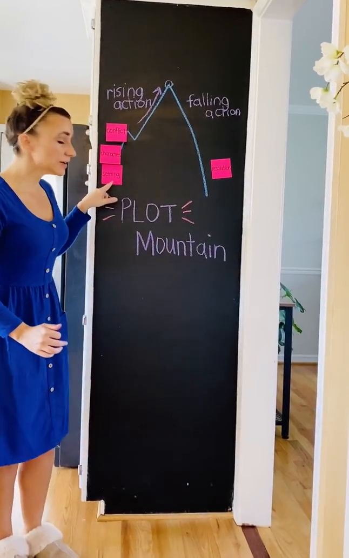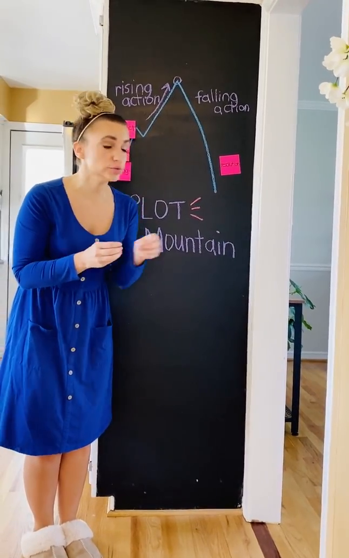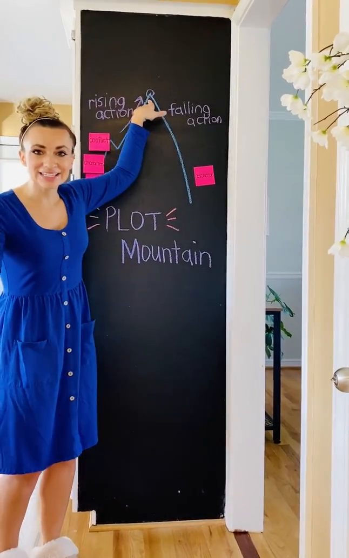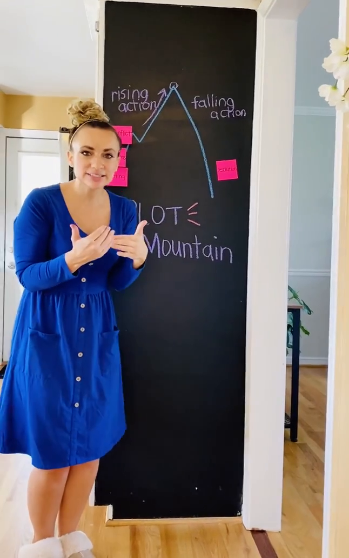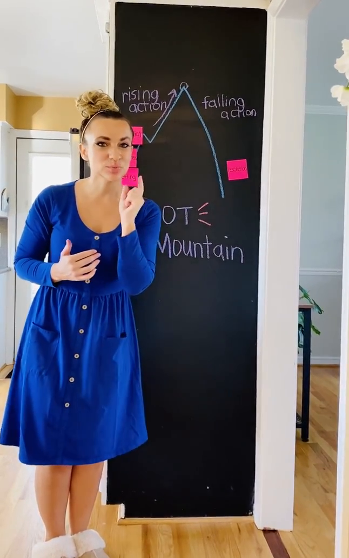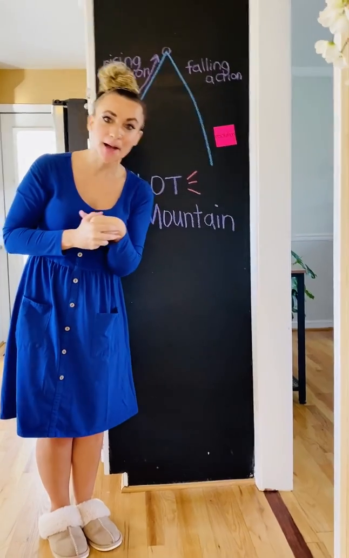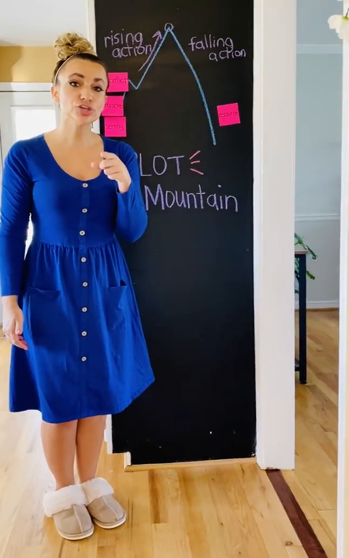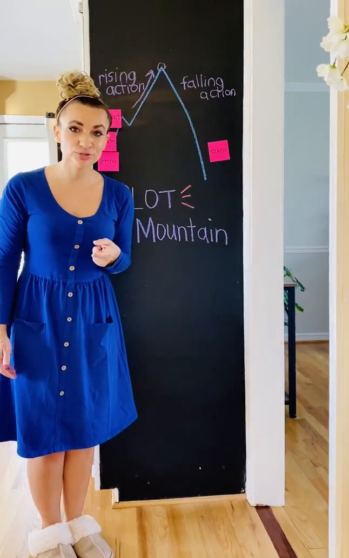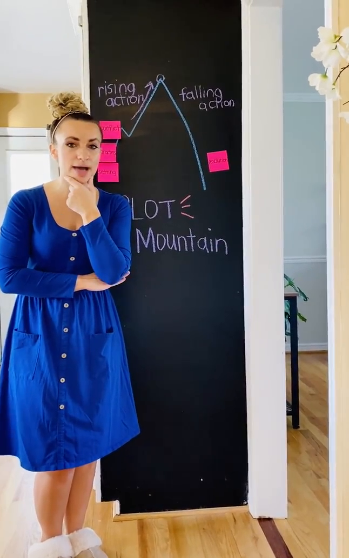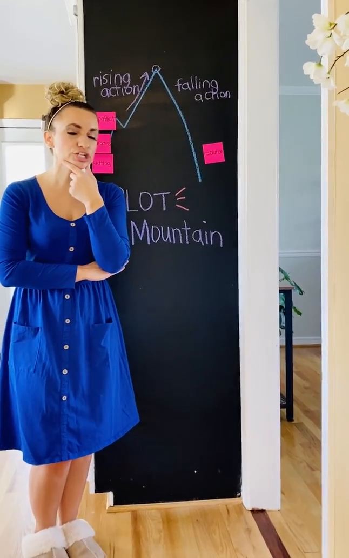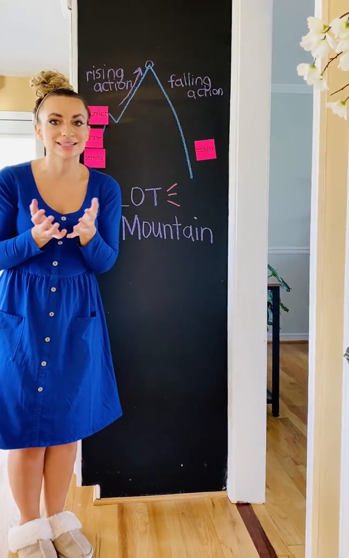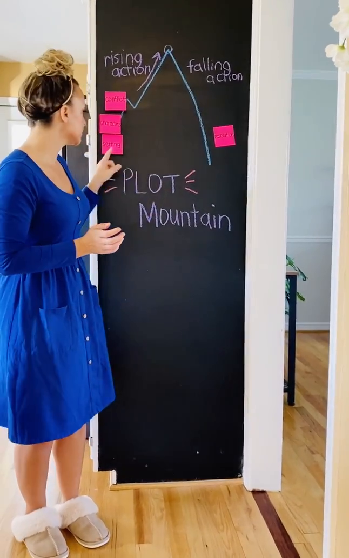So at the beginning of Plot Mountain, the first thing we do is not find out how the story ends. No, we don't even get the highest action at the beginning. There have to be elements in place as we travel up and down Plot Mountain in stories. As you are reading stories, make sure you're thinking in your head, as good readers do, what part of Plot Mountain am I on? Do you think I've reached the climax point of this story yet, or do I think more action is rising? Pay attention to your setting too.